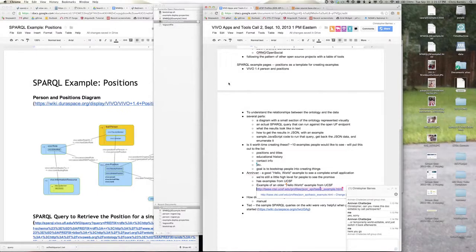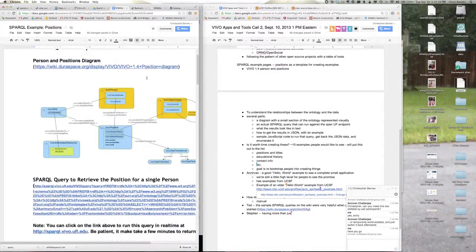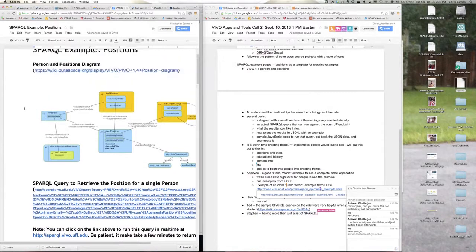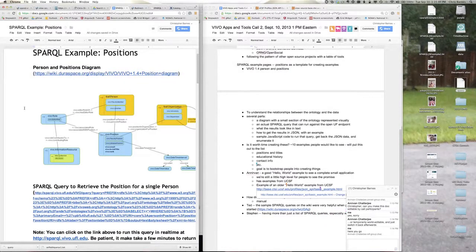It's a better example. Before, the wiki just had a bunch of SPARQL queries you can run to get data back from your VIVO. Now there are more diagrams and explanation, and I like the fact that you're going to just change the URL and make it work. I think it's a good thing to do, because these are the kind of apps that people are calling for now. We want VIVO data out, put into a website like we did in Florida. We want a directory of people.